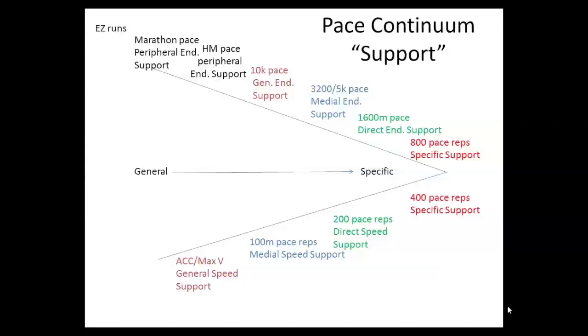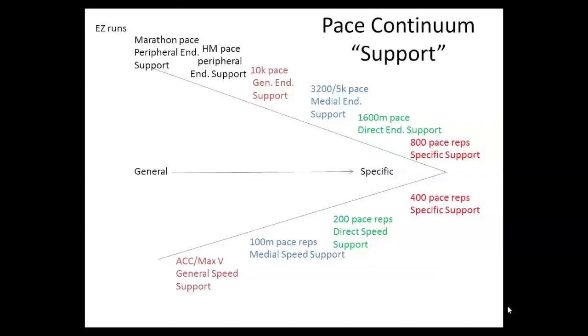For the purpose of this entire program, we will assume that our athletes have relative equal abilities at 400 and 800 meters. So in this case, any workout done at 400 or 800 meter pace will be considered specific support. Any workouts done at 1600 meter pace will be considered direct endurance support, and any workouts done at 200 meter pace will be considered direct speed support. 3200 to 5K pace work will be considered medial endurance support, and 100 meter pace work will be considered medial speed support. 10K pace work will be considered general endurance support, and acceleration or maximum velocity work will be considered